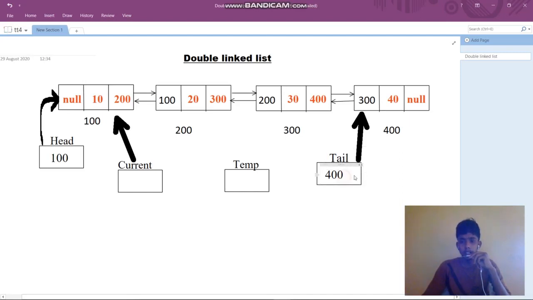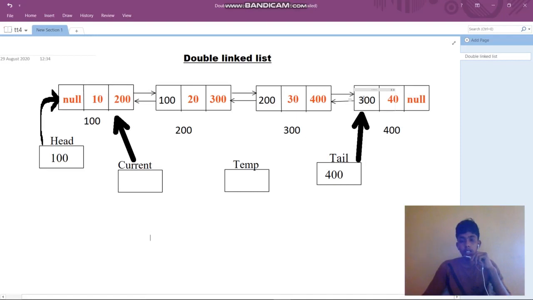That is, from end to front we are going to traverse. So starting at 400, current stores it. Now it will check in the while loop current of previous, where before we used next. Here current of previous not equal to null.